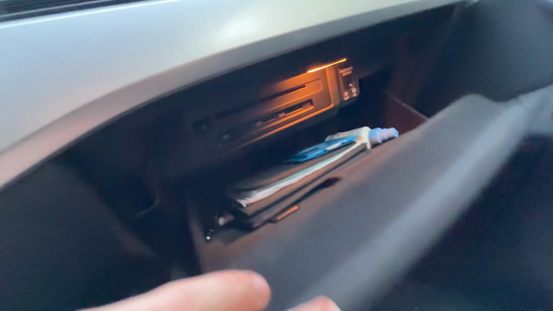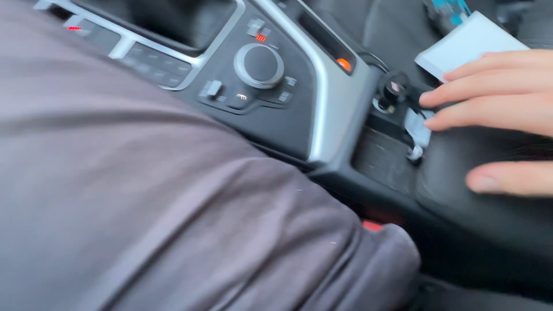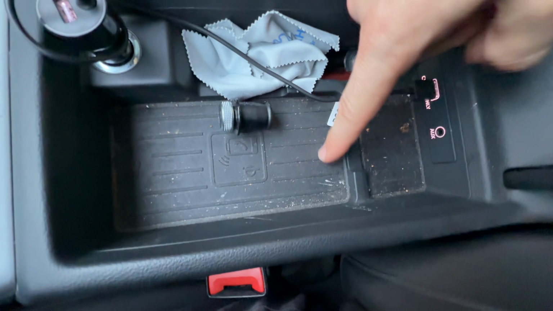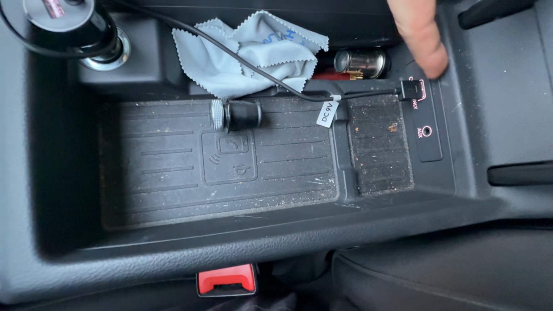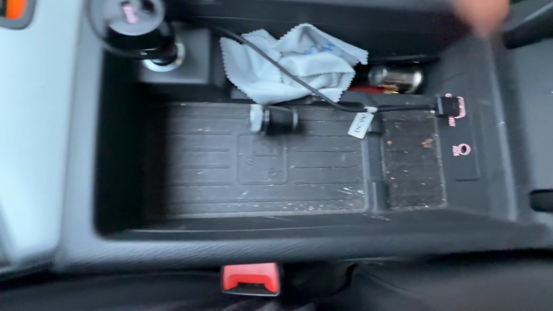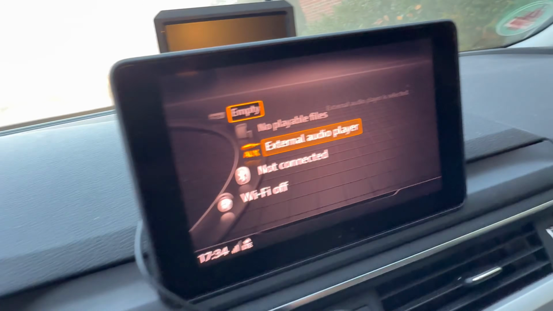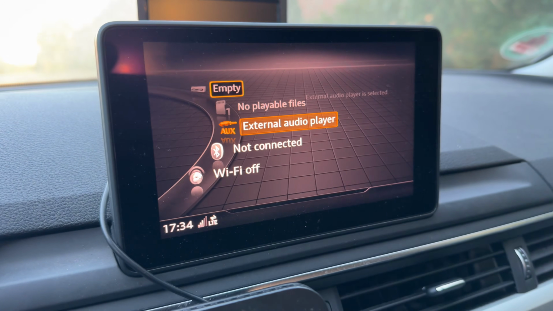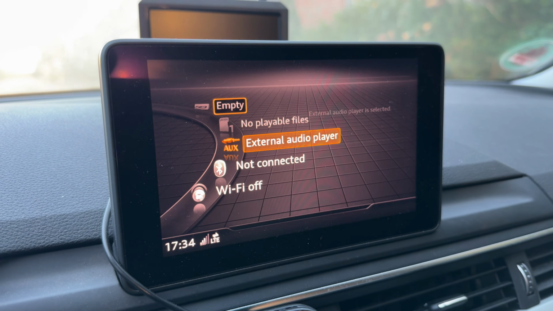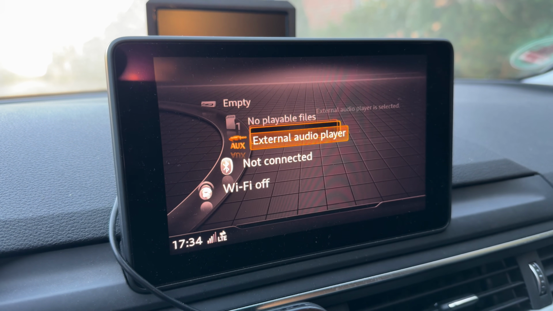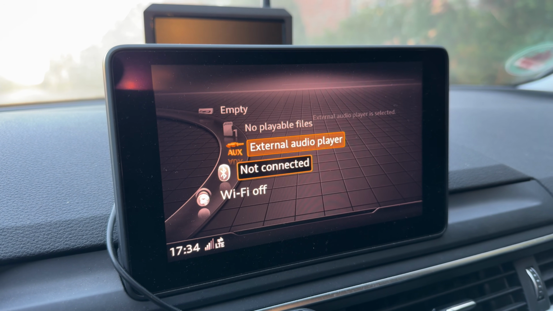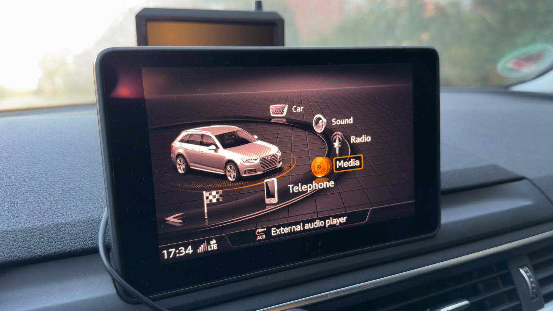And in the center console area, you will have the Qi standard, USB and aux. So you see a lot of connection possibilities, and additionally Bluetooth and Wi-Fi are possible too. That is the media section.